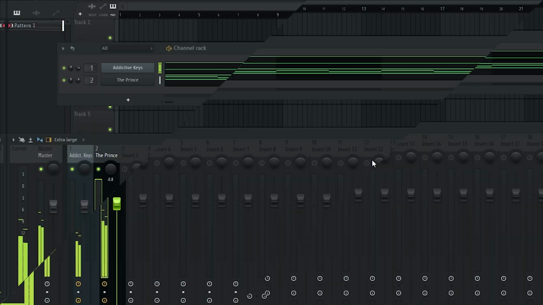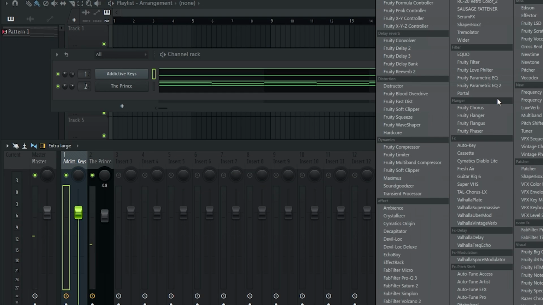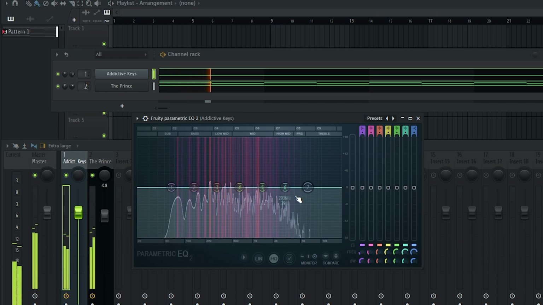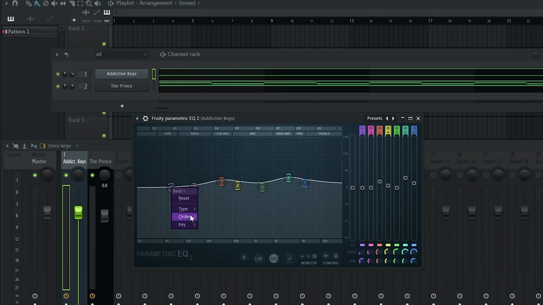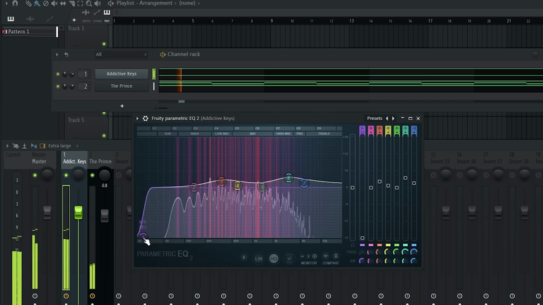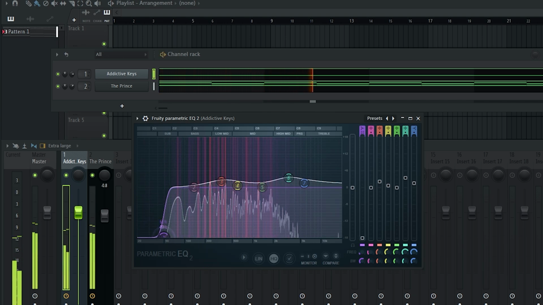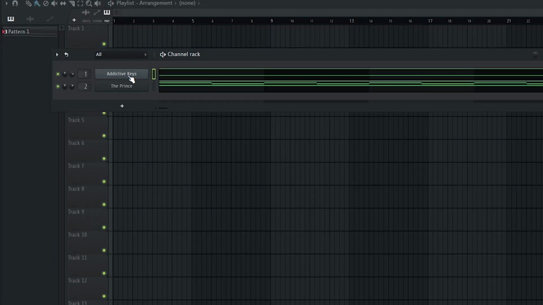Just like this. For the piano, I'm just going to add the Fruity Parametric EQ. Kind of boost the highs a little. I'm going to put this to steep 8, and then I'm just going to cut out some of the lows like this. And then moving on, I'm going to use the piano to get more high notes,